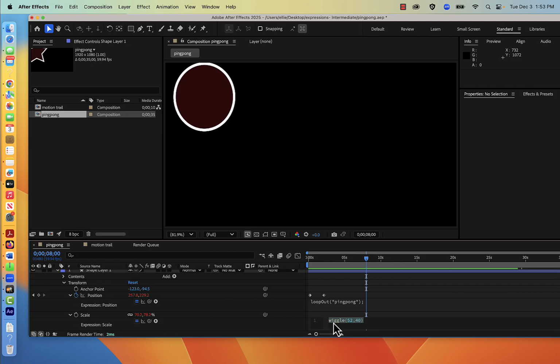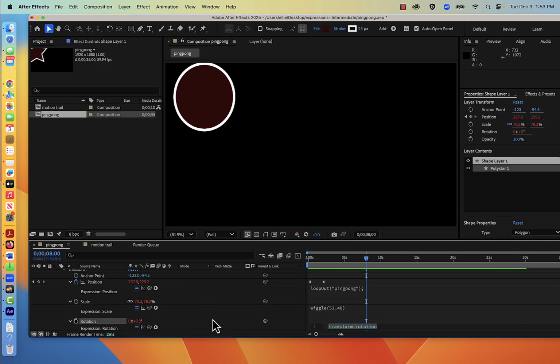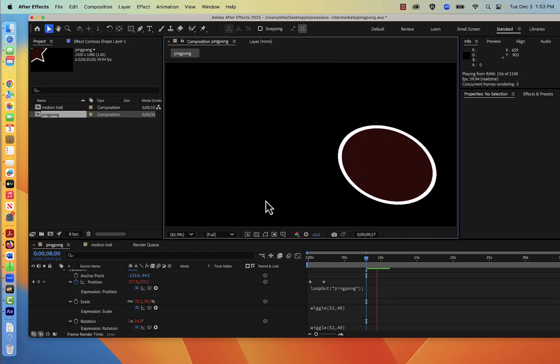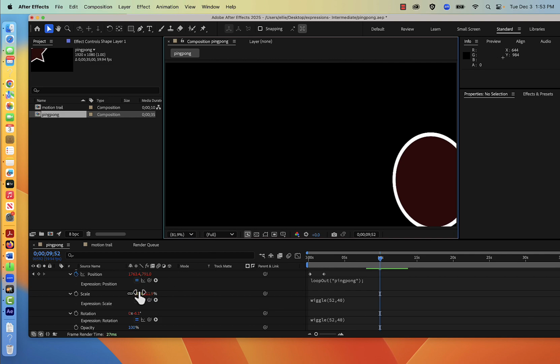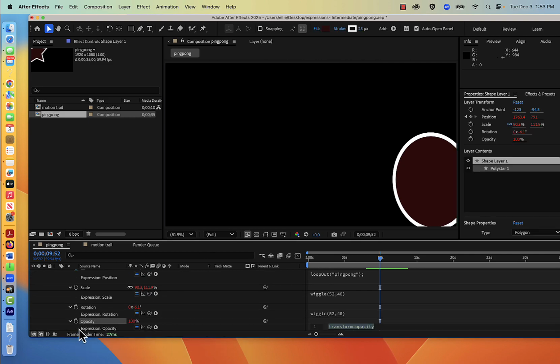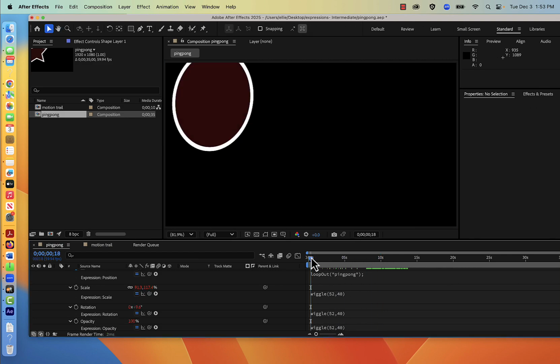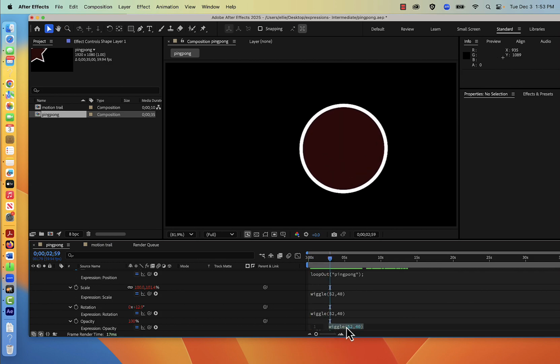So if I copy this wiggle tool, I can add it to a whole bunch of properties and change the value. So I can come here and option-click rotation. Now you can see that my piece also rotates, and I can again change the values here. I could also change it on my opacity, option-click opacity. And you can see the value changes, and I can actually change this maybe